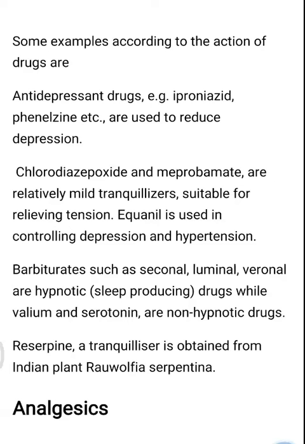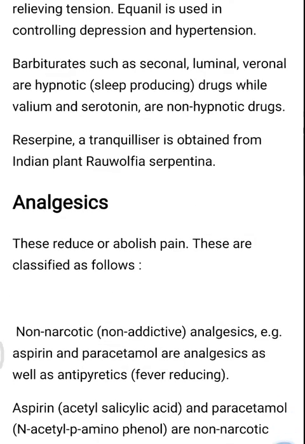Now, after this, I am going to discuss analgesics. Analgesics are simply defined as chemical substances which reduce pain. So these are used for relieving pains in the body and they act on our central nervous system. Analgesics are actually neurologically active pain-killing drugs. They can reduce pain or they can abolish pain, but sometimes they are also harmful.